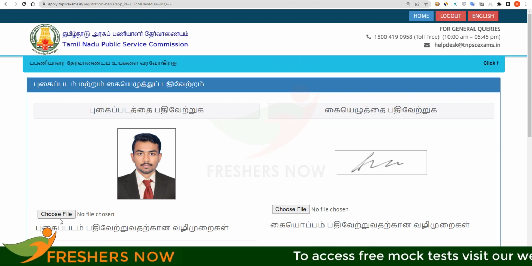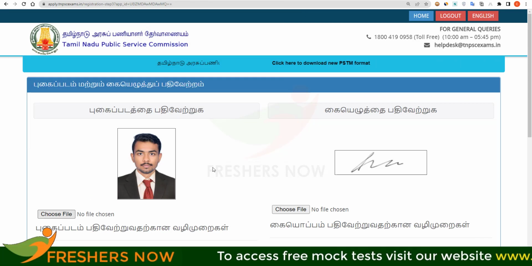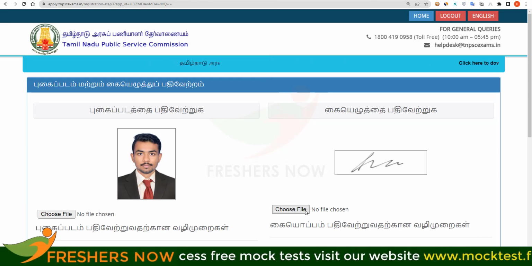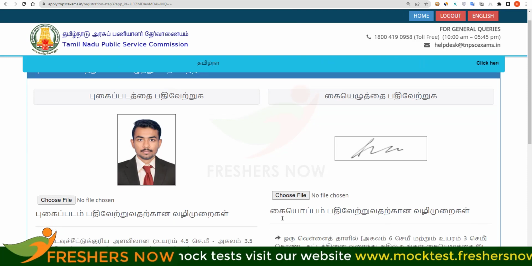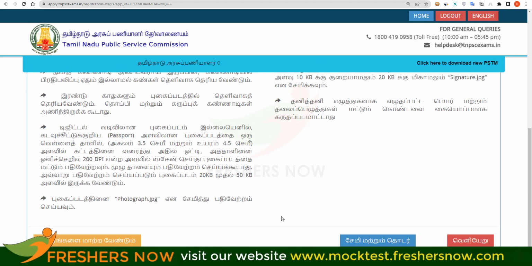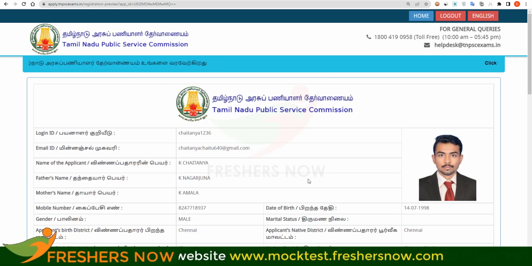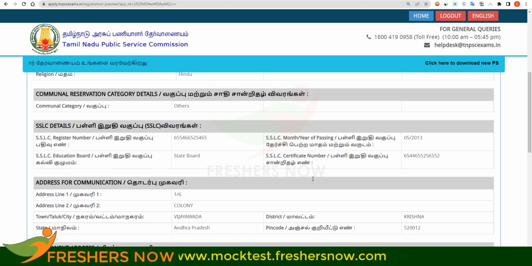To upload your photograph, click on choose file and select your photograph, and then you have to upload your signature and then scroll down and you have to click on continue. Here is the preview of the application. Scroll down